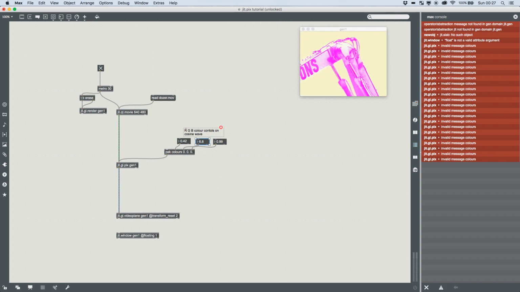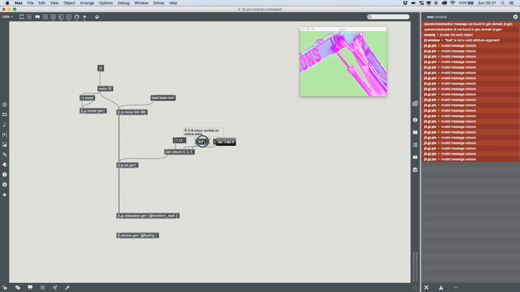So everything, as I've said, runs between 0 and 1. But gl.pix and gen are really smart and will automatically wrap around. So where it says 1, it's actually just 0.24, and this is just 0.8, and this is 4. But because we're multiplying our input method, it does start to have a more adverse effect, and you'll see that